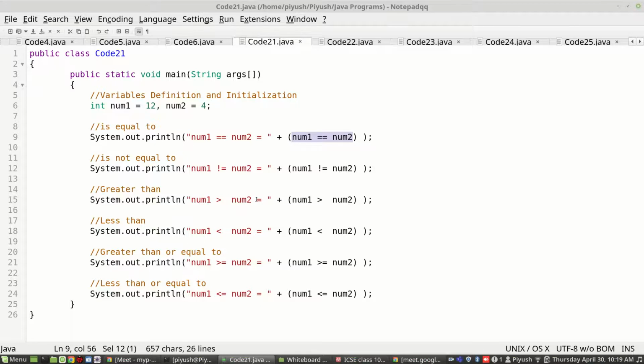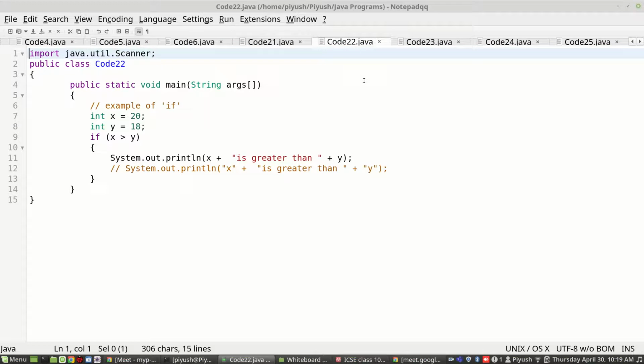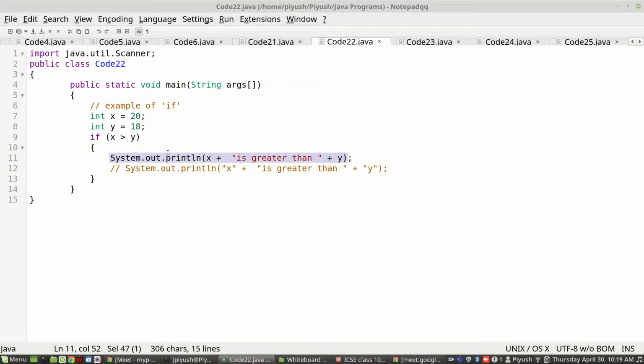Now we also saw an example of a single if, where there was only one possible outcome we were handling, and that outcome was which is greater. I need to print if and only if x is greater than y.